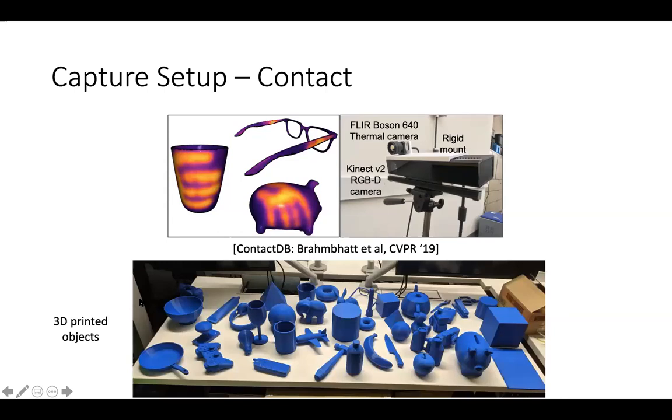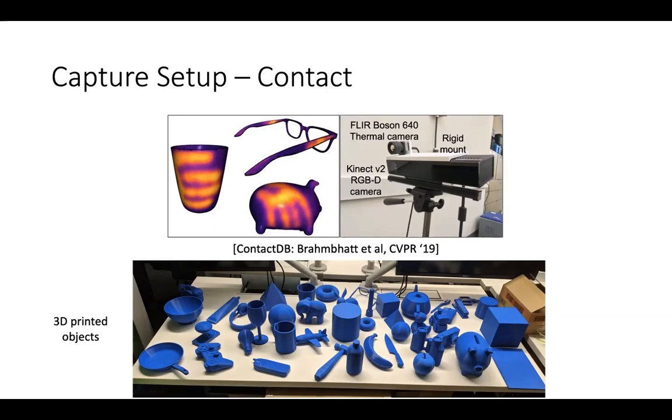And there were a couple of reasons for that. First, 3D printing automatically gives us very high quality object models to work with in our computer vision algorithms. So we know for sure that this object is going to correspond very tightly to the 3D model that we have. I know that scanning technology is getting more and more mature, but I think there are still some gaps that need to be filled there.